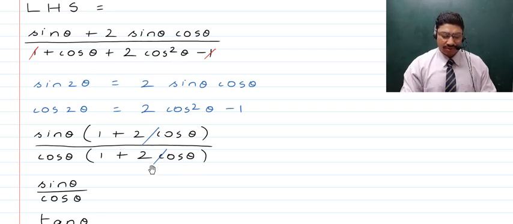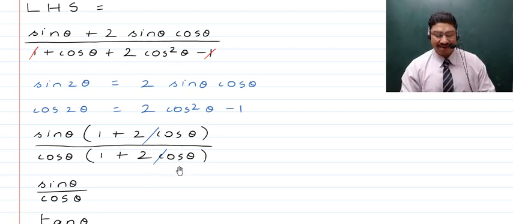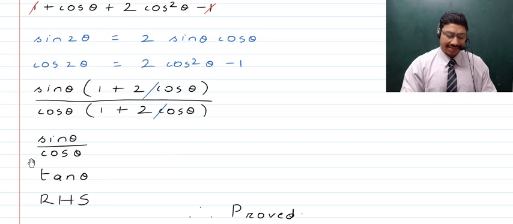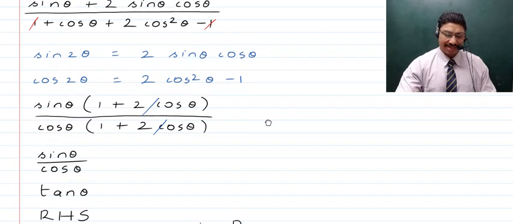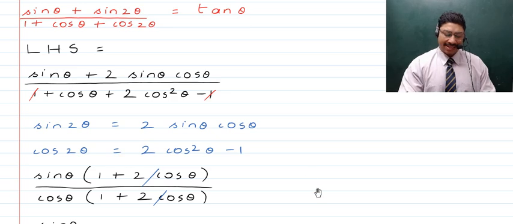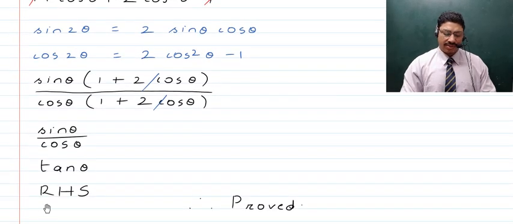Now 1 plus 2 cos theta will get cancelled from the numerator and from the denominator, and you will now just be left with sine theta upon cos theta. Now children, as you know that sine theta upon cos theta is the same as tan theta, therefore we can write it to be tan theta. And now children, if you match with what we have on the right hand side, we actually have tan theta, and that is the reason why you will say that this is equal to the right hand side, and therefore